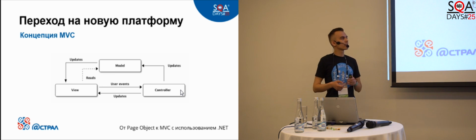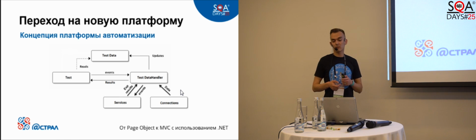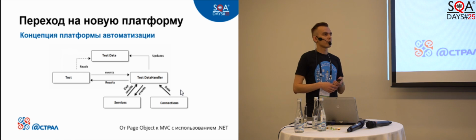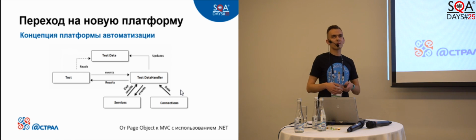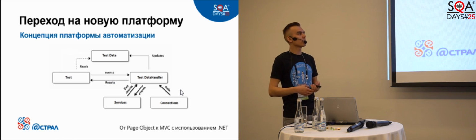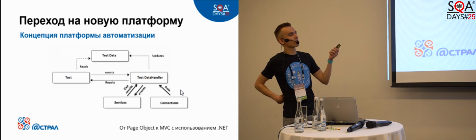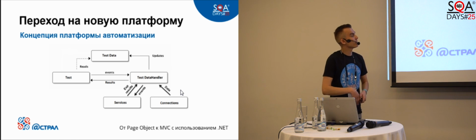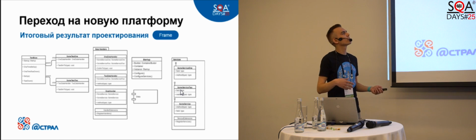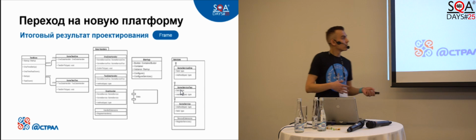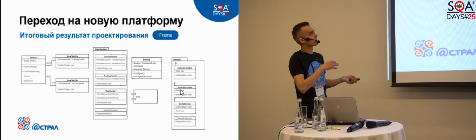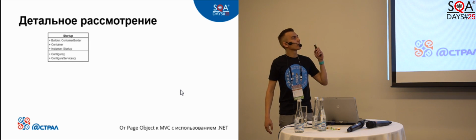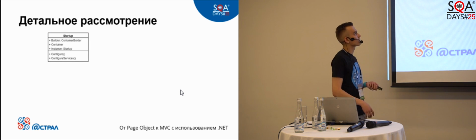As a result of the processing of this pattern, we receive the following picture. If you look at the screen, you will see the view turned to our test, the model started presenting testing data, and the controllers started presenting the processes that communicate with services and outsource applications. If you look in more detail, the architecture will look like this picture, which includes a number of service configurations. Let's look at it in more detail.